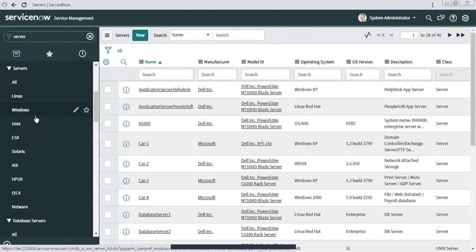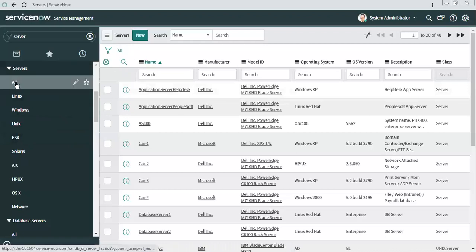Now, we need to insert the data in two tables. So one way is to use the direct API for Windows and Linux separately, or the indirect import set API for Windows and Linux, creating two. But another team might say, I need just one API through which I should be able to create all types of servers. Because if you create two, for them they are two integrations, and they need to maintain two integrations. And in future, let's say Unix or ESX comes, then they need to maintain more integrations.